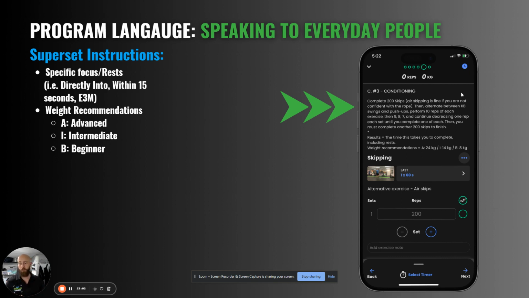So right at the top of the screen, you've got all the notes you need. You know what to do. Then you can scroll down, check that the kettlebell swings and the push-ups are there as well. Fantastic. I know what I'm doing. Let's do this. Start timer. Go. Cool. So that's why that's there if there's a superset.